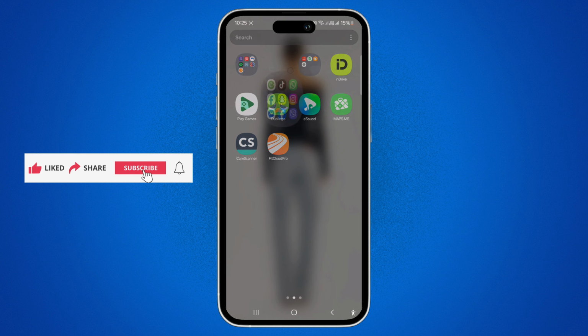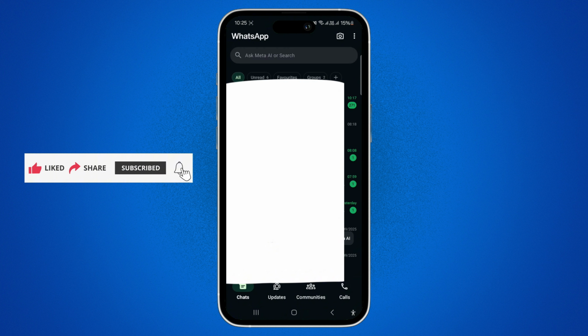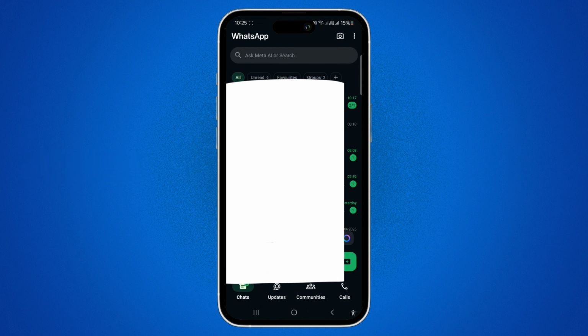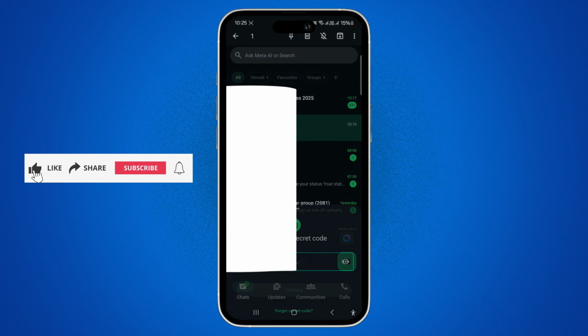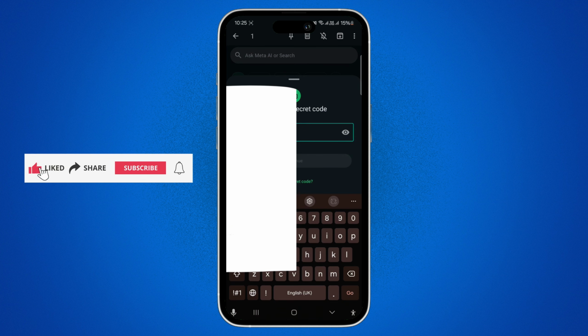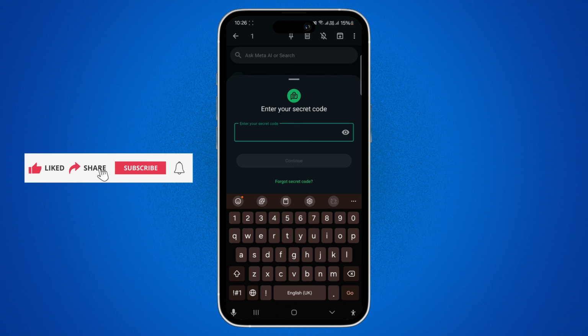So, first, you need to go ahead and open your WhatsApp application, log into your specific account, tap and hold onto the chat that you want to lock. Then tap on the three dots in the top right corner and you'll see the option of lock chat, that is between select all and add to favorites. Now you need to go ahead and enter your secret code, or you can also use your fingerprint, Face ID,